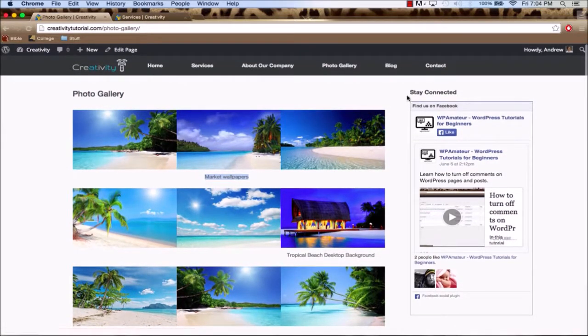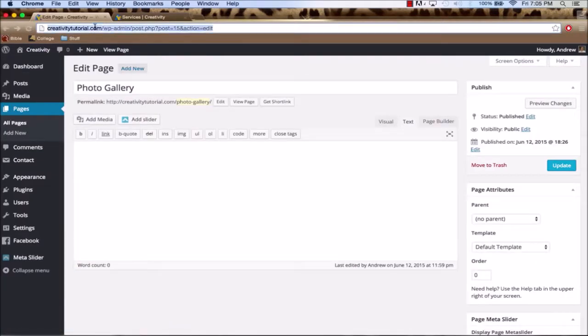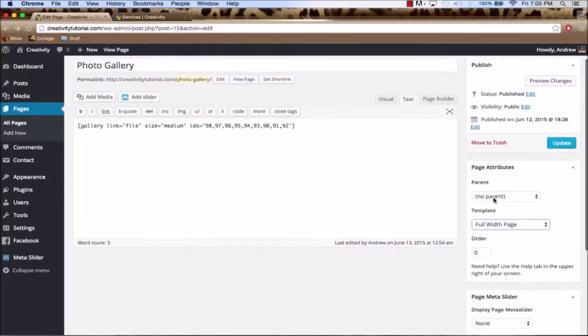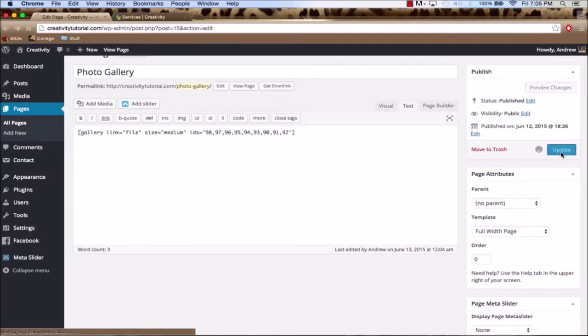And also, we don't want this Facebook like box here, so we're going to do like we did for our services page, and we're going to remove it. So let's go back. I'm going to refresh this page because I went back. As you can see, this wasn't here before, but now it is. That's because I refreshed. So after you refresh, make sure to refresh your photo gallery page. On the right here, for your template, select full width page. This will remove the sidebar. So if we click update